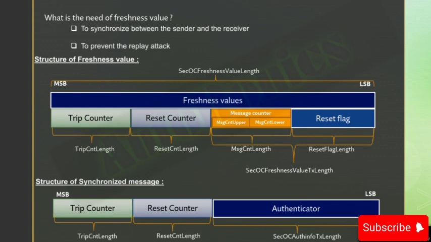So, if the sender sends a secure message, then the message counter will be incremented. Let's see about the reset flag. This flag is updated in synchronization with the reset counter. So, in order to make it more clear, we'll have an example and we'll see how the flow happens and how the counters are incremented in the next slide.